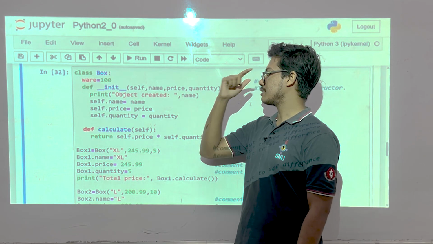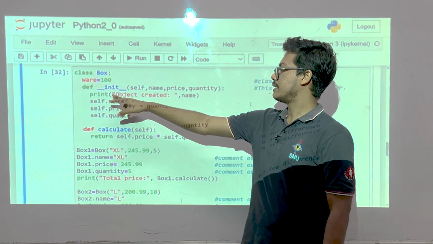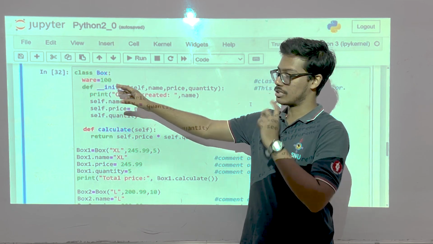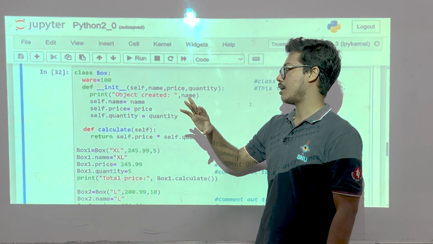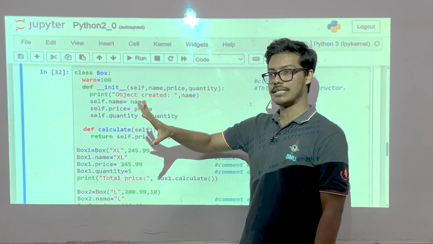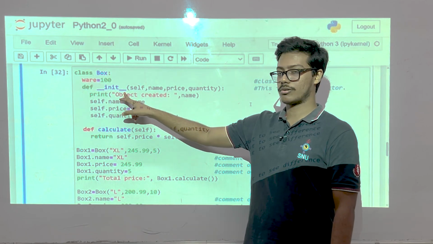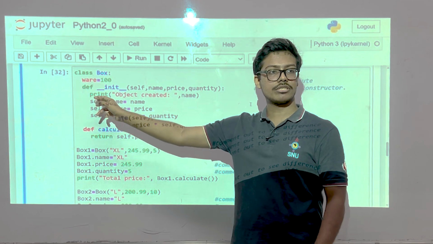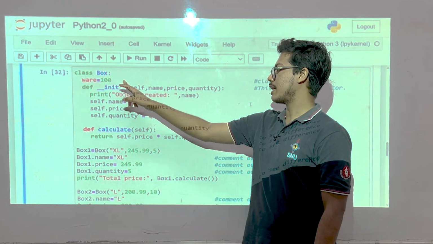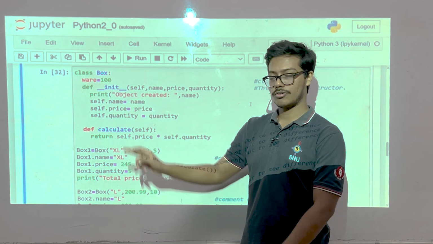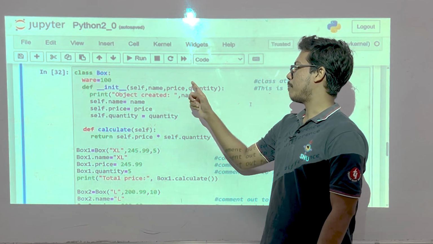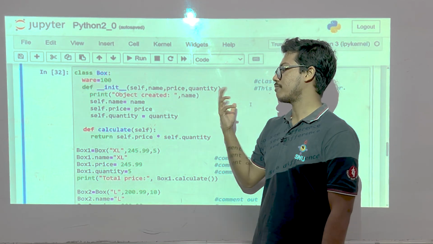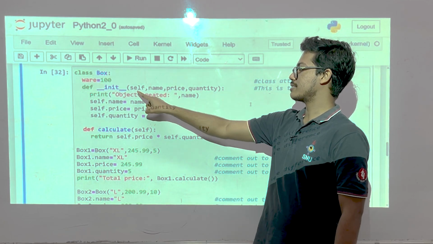So what happens in a constructor is, this is the init function which does the job of a constructor. In other languages there is nothing like init, but in Python you have to write this. So init, and before you write init you give 2 underscores. After you write init you give another 2 underscores. And you have to pass some values to this. What values will you pass? You have to pass self,